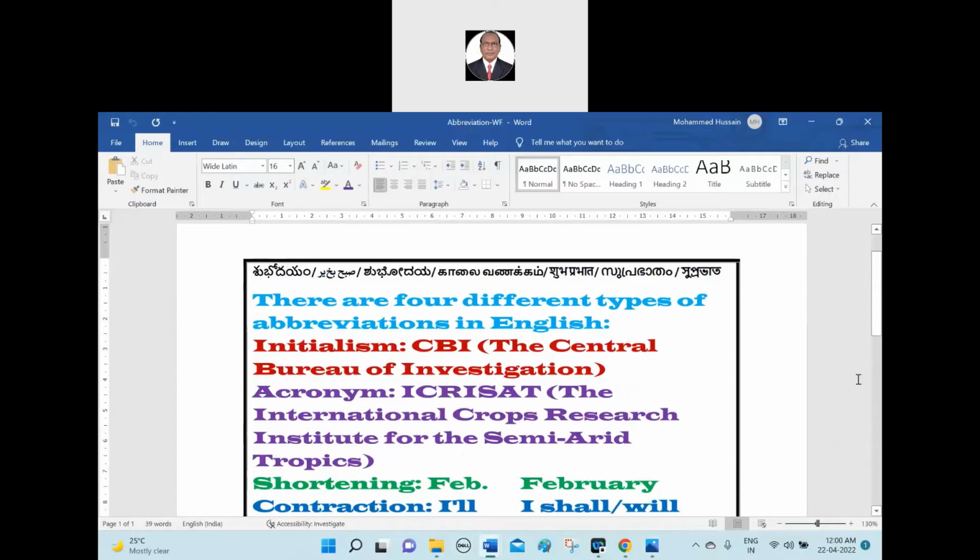These are all abbreviations. Initialism, like FBI, Federal Bureau of Investigation, and CBI, the Central Bureau of Investigation. Here we are using separate letters, that's why we can say initialism. But acronyms, like ICRISAT, NATO, SATO, OPEC, are not independent letters; we are using them as a word. So at that instance, you will say,